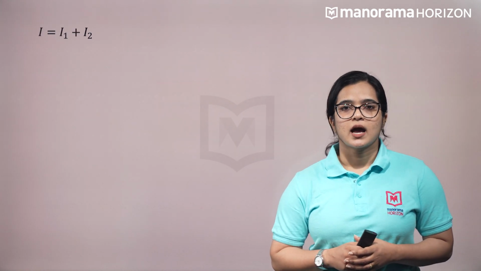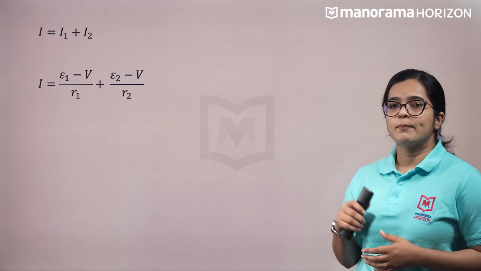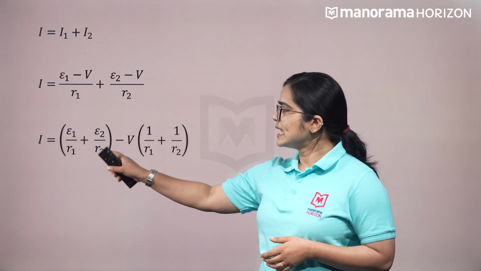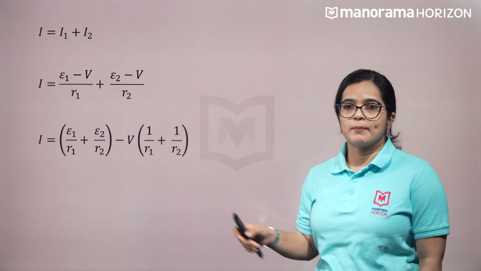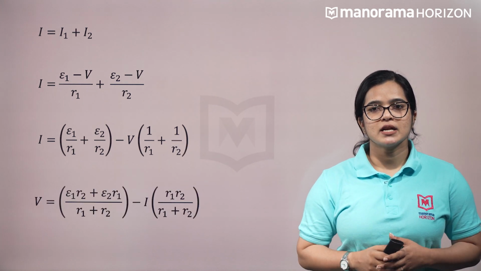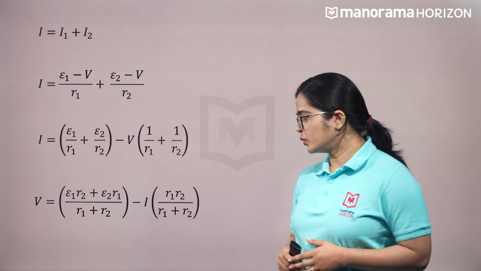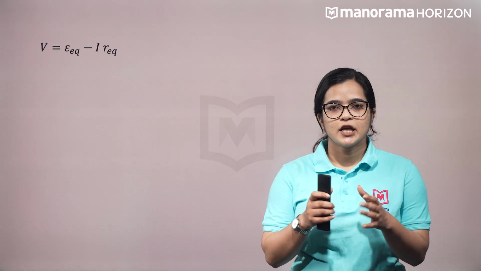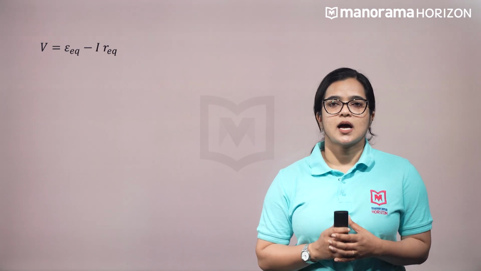As we already mentioned, I equals I1 plus I2, and substituting for them, we get I equals E1 minus V by R1 plus E2 minus V by R2. Or we can say that I equals E1 by R1 plus E2 by R2 minus V times 1 by R1 plus 1 by R2. The potential difference is given as V equals E1 R2 plus E2 R1 by R1 plus R2 minus I times R1 R2 by R1 plus R2. Therefore, the equation can be rewritten as V equals E equivalent minus I times R equivalent,